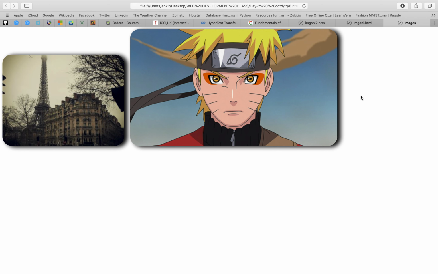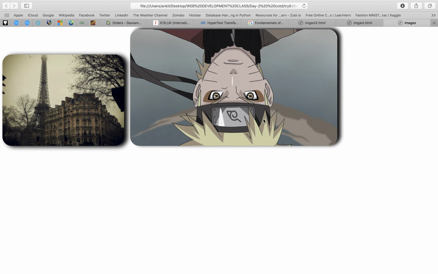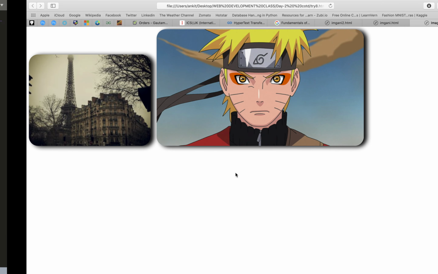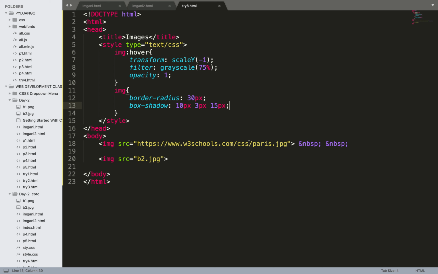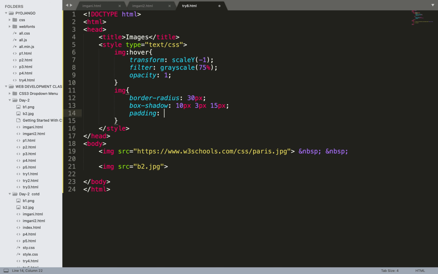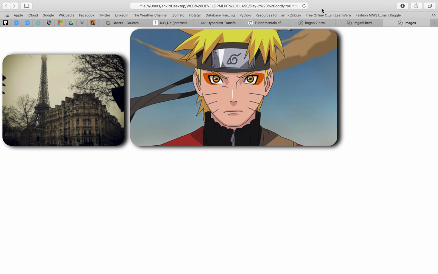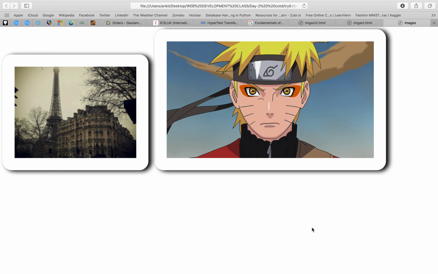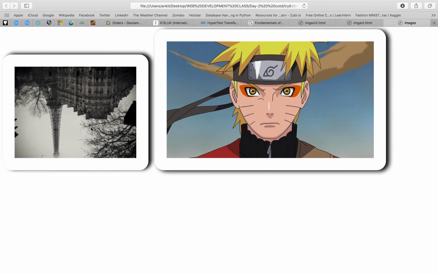The image is now a bit floating, right? And let's add some padding, it will look great then, a padding of 40 px and 40 px. Now our image will look a bit more attractive. Wow. Fine. I hope this part is clear.